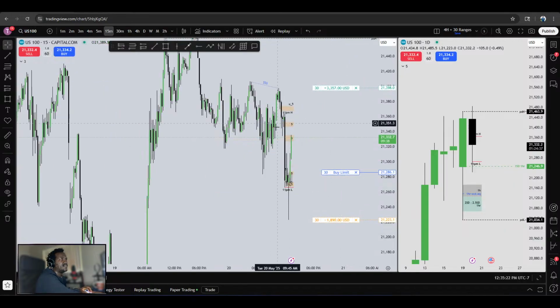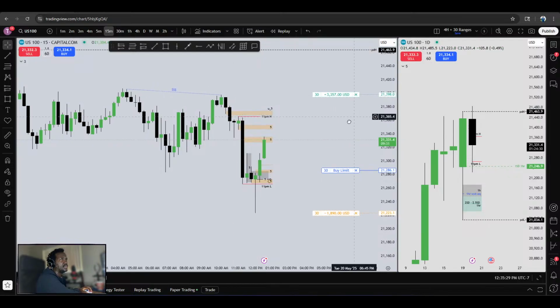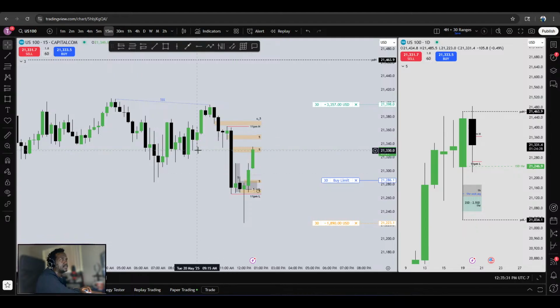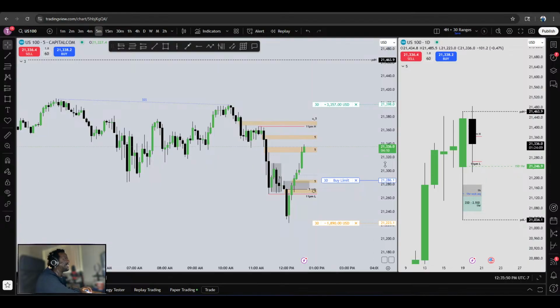So this 15 minute is something I'm going to mark and kind of watch. Now this could be the same thing as what happened here, so I might just consider all of this, because this green candle is pretty much inside of these huge ones here. So then that means we might have to consider that one too. Come on, this trade just is going. Now I'm feeling a little bit bad. I should have seen